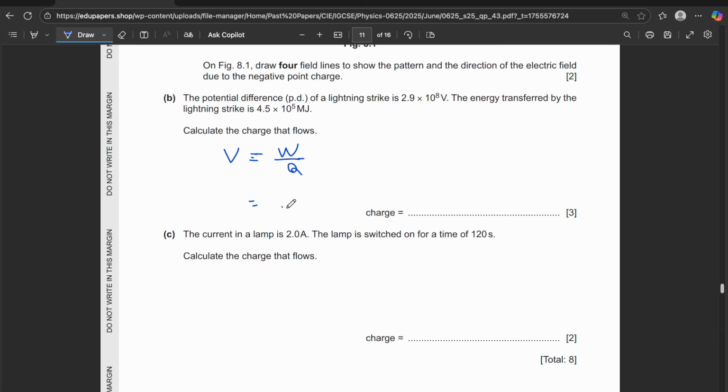So the work done is 4.5 × 10^6 times 10^5, so I just write 10^11, divided by 2.9 × 10^8. If you put that in the calculator, you get 1551.7, and to two significant figures, it is 1600